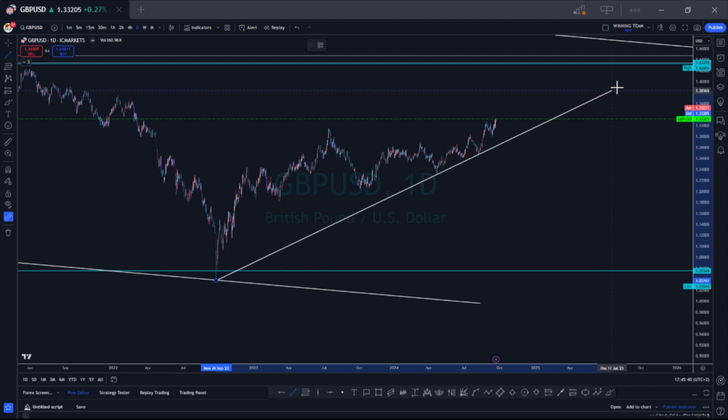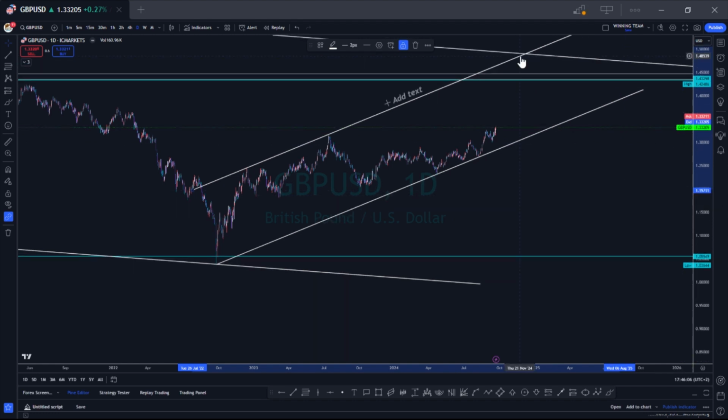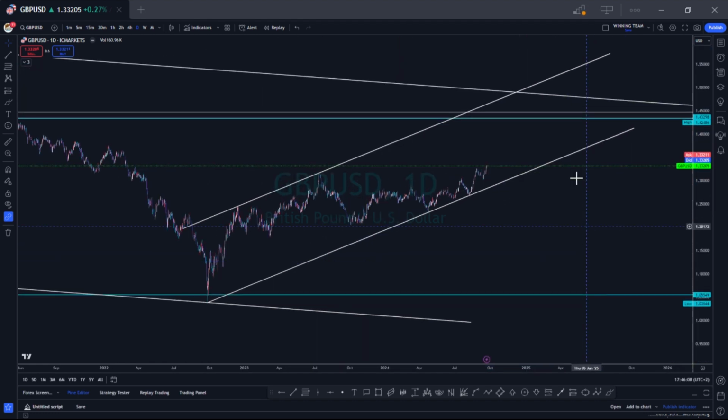Then I'm just going to leave it there, clone the same thing, and bring it above. You're going to see how it aligns when you bring it above. You can see the alignment there, the touch, which means that we have all this floor, or all this gap, that we can come and play on. We can play on this gap until we break above, or we can just come back down again. But I'm going to be looking for more of a break above